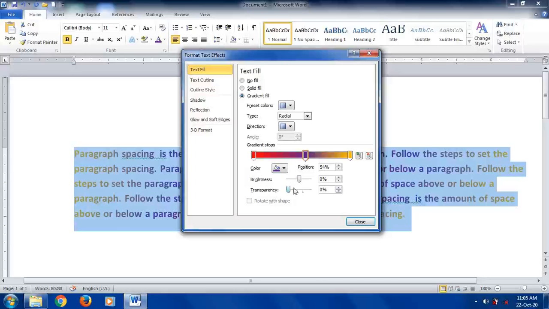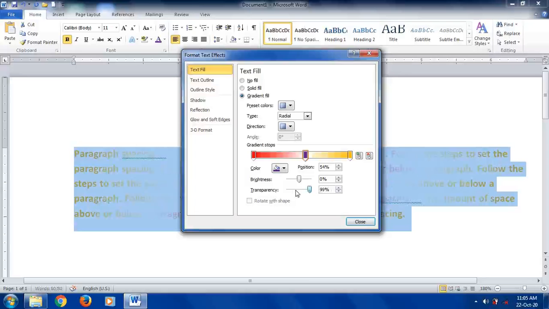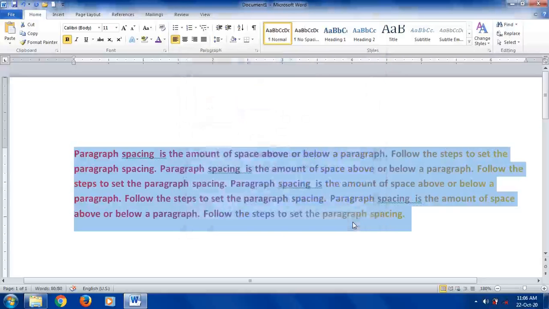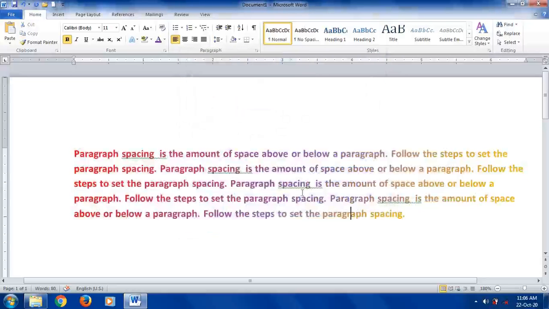Then you can increase the transparency, or you can adjust as per your requirement, as per your need. Now here I am adjusting, and in which direction you want, you can select it from this option. And the angle is 45 degrees, so you can increase the value, or you can decrease the value also. At last you click on the close button. So when you click on close, that three color effect is applied to your text. See how beautifully it is displayed.